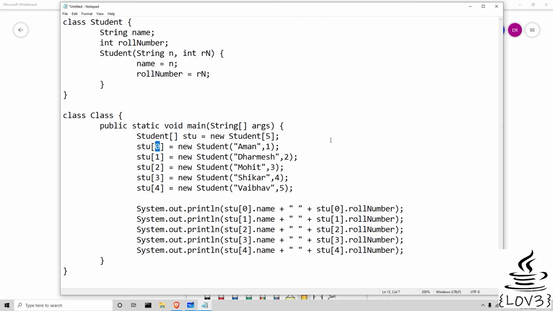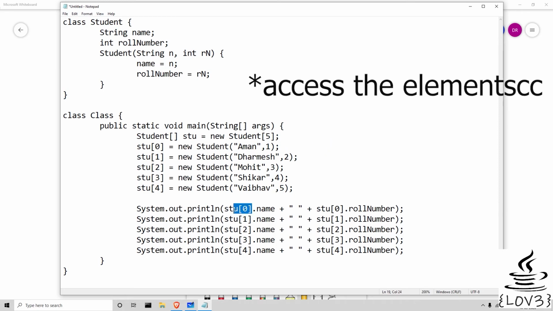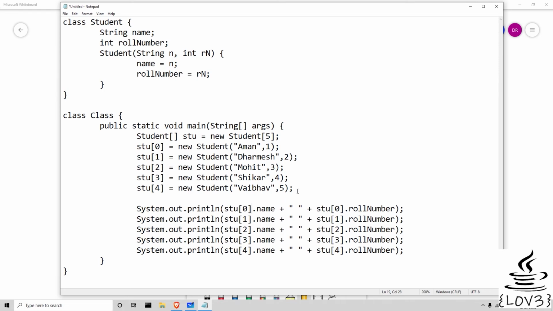Now to display that, you have to access the global variables or a function inside a class, because you can think of this also as a class. To access the global variables of a function you use the dot and then whatever it is. So the global variable is name, so you should use the same syntax, whatever name is. If it's capital in some places, if it's small in some places, you have to use the same. So you use that name and then the roll number. So it would display using the System.out.println.